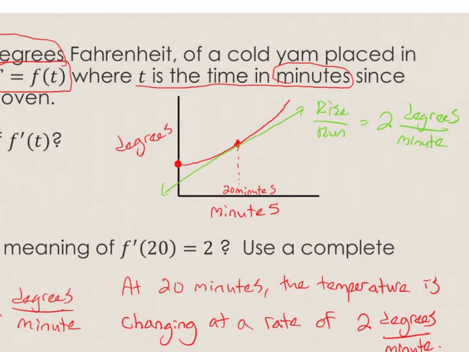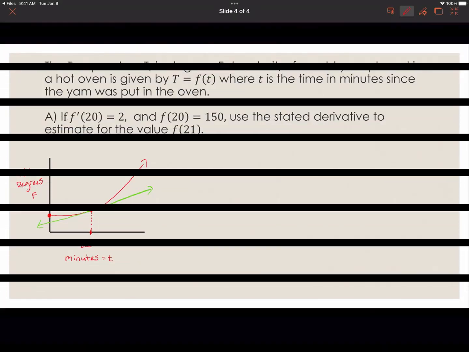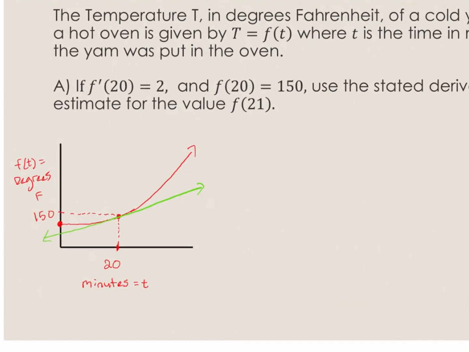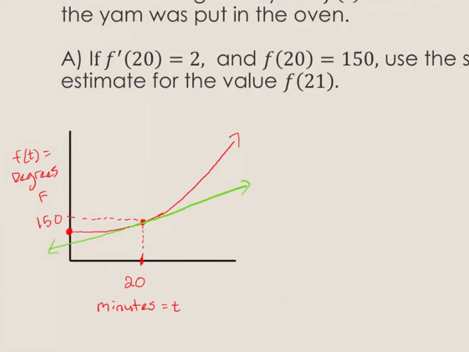But let's take the interpretation of this problem one step further. We're given the same problem, but we have one more piece of information. f of 20 equals 150. So at 20 minutes, the temperature of the yam is 150 degrees. So we'll use the stated derivative, that is 2 degrees per minute, to estimate the value of f of 21. Create a slope triangle, rise over run. The run is 1,